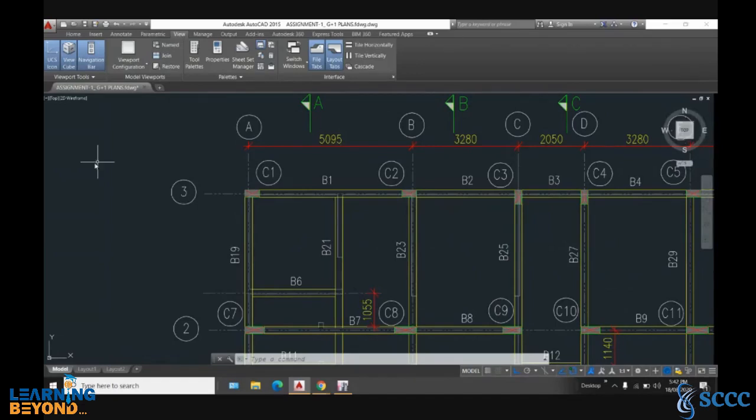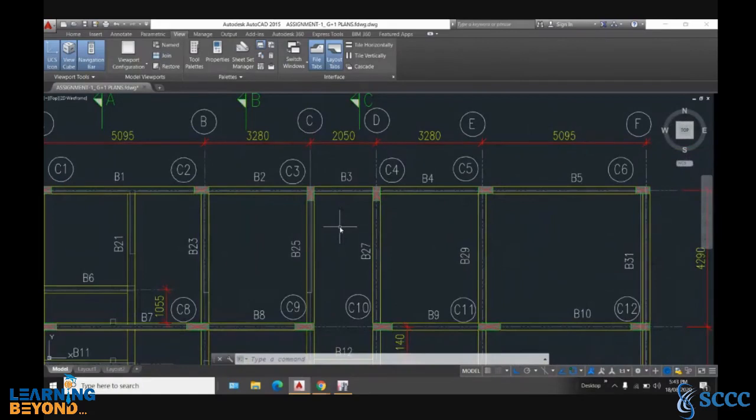The distances are 5095, then 3280, then 2050, then 2050, then 3280, and 5095.